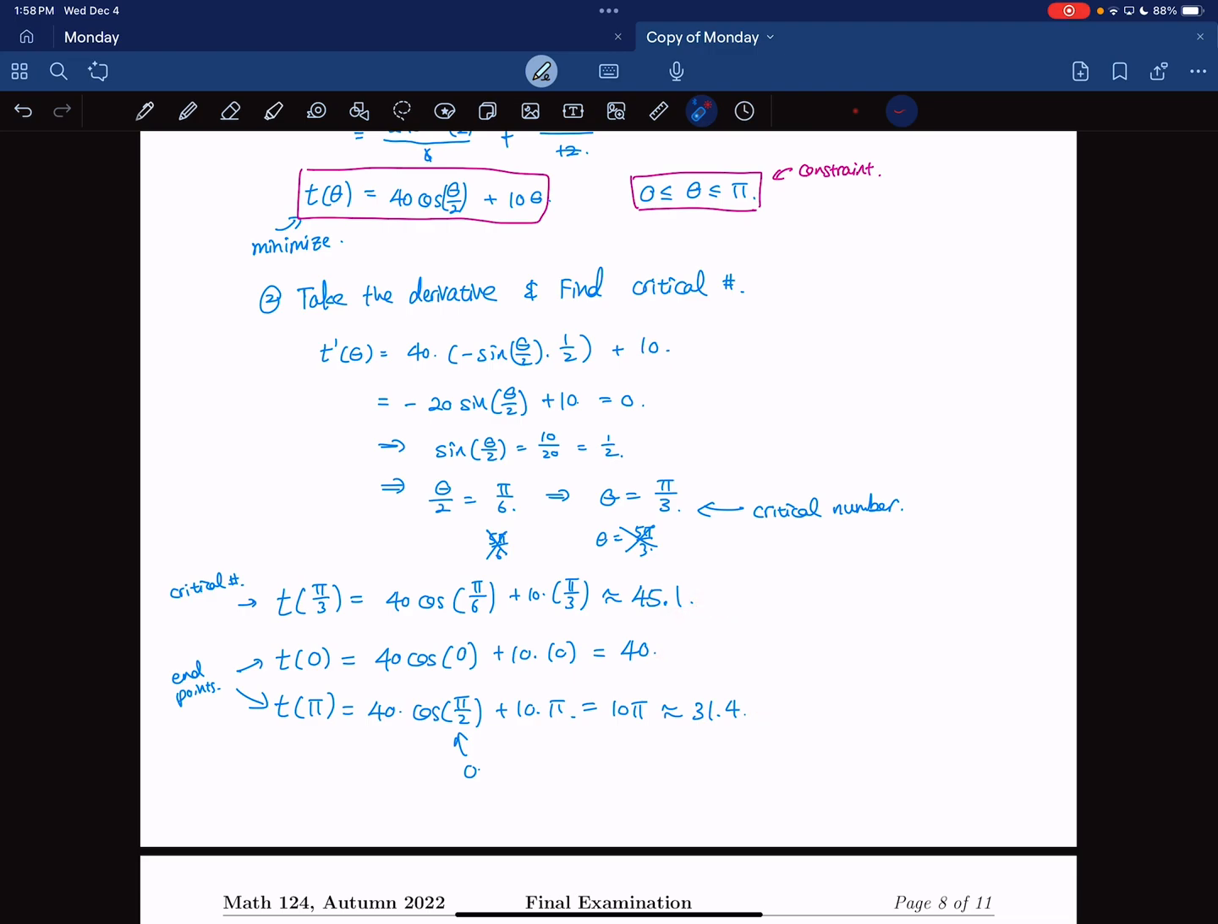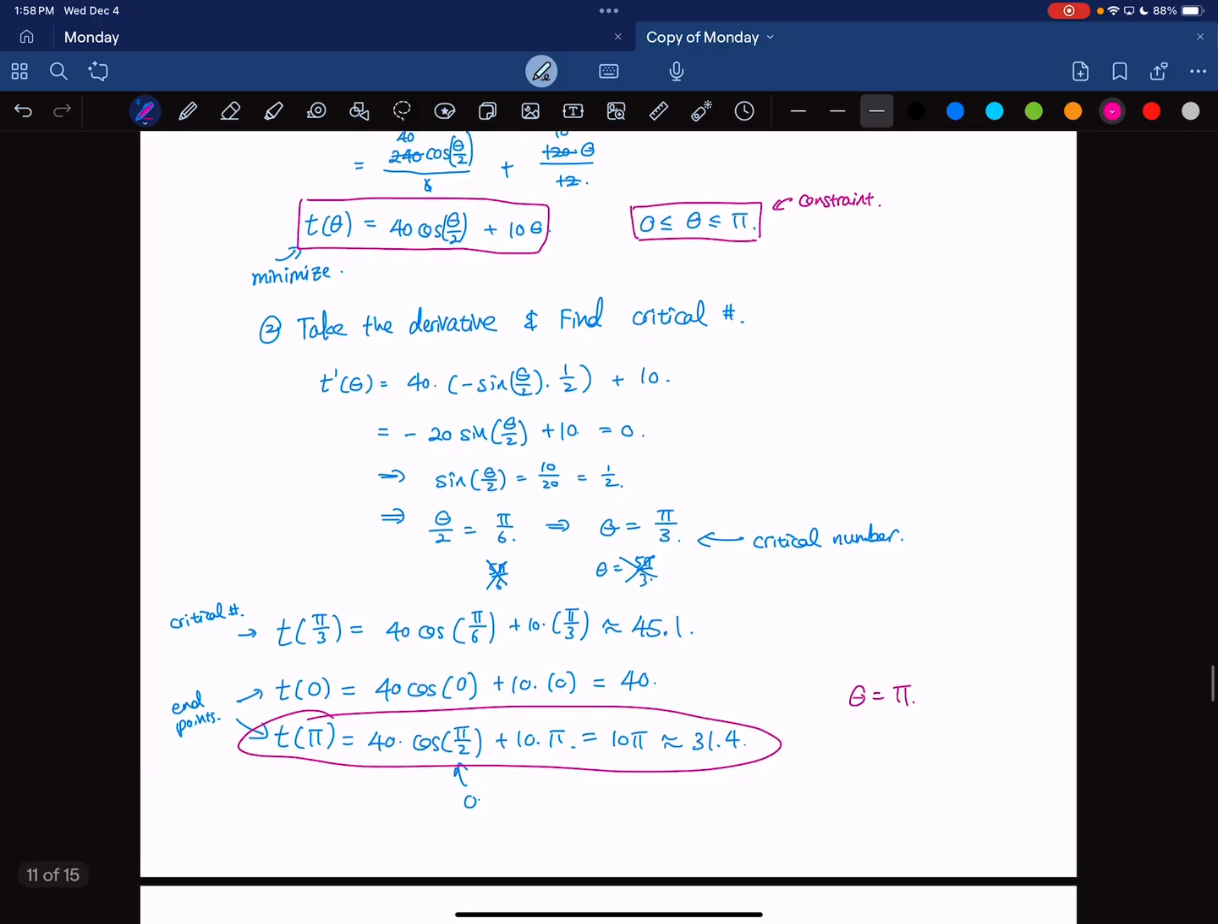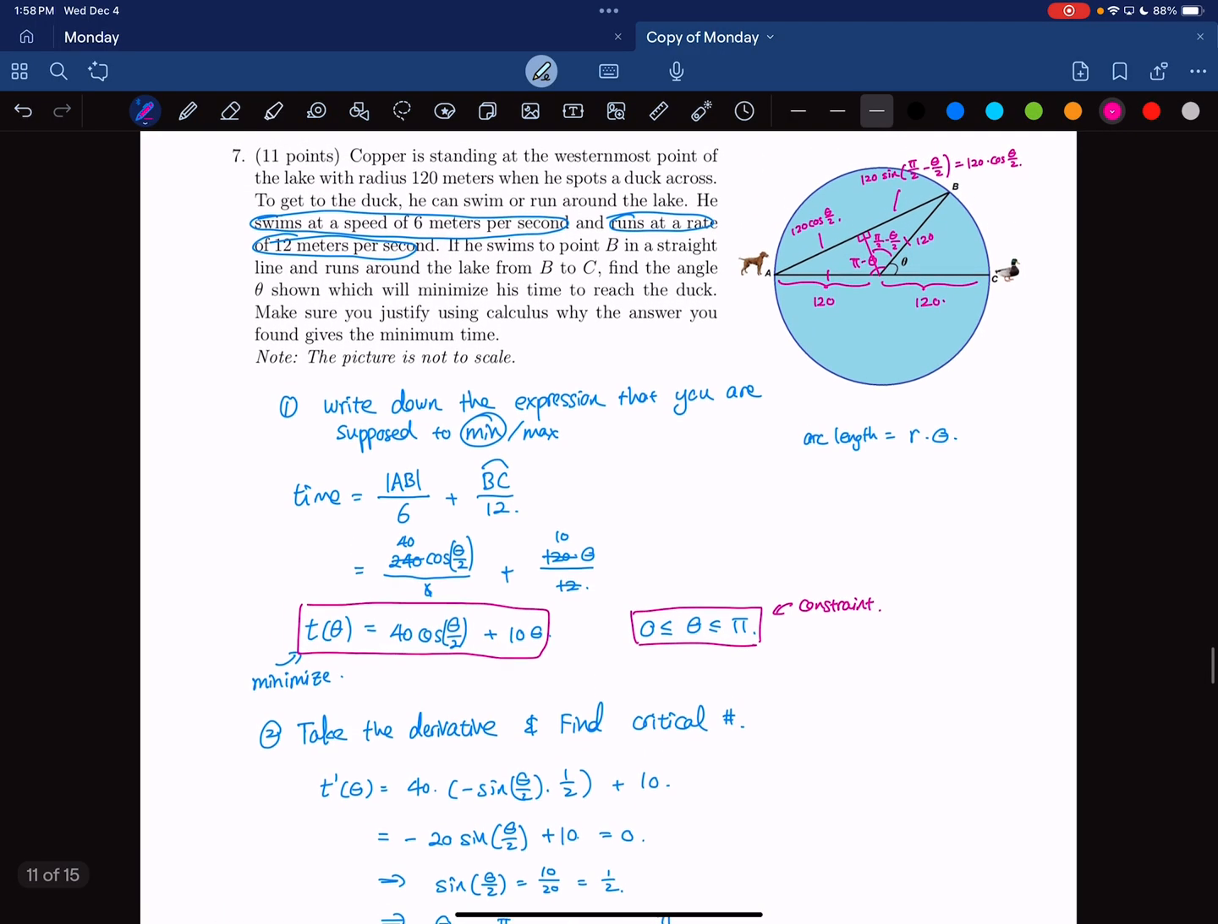Because if you analyze the sign of the derivative, you're going to find it's increasing to the left of this number and decreasing to the right. So this one is actually going to give you a local maximum. It turns out the right answer is the last one here. And so theta needs to be equal to pi in order to give you the minimum. And you ask yourself, what does that correspond to? If theta is equal to pi,